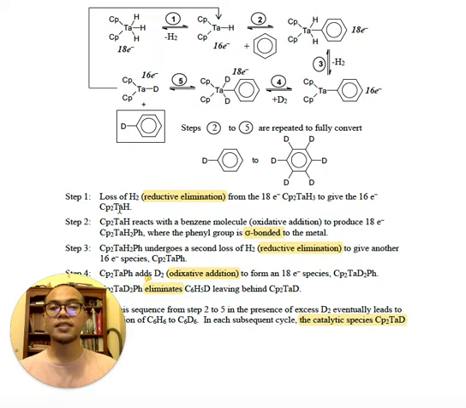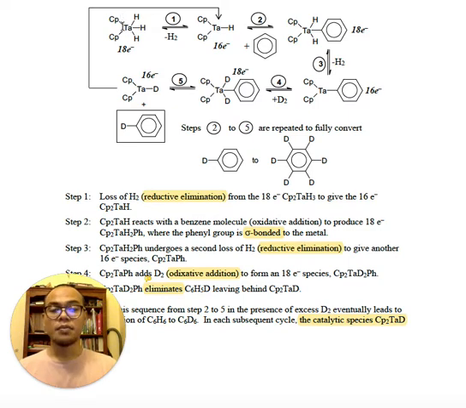The first one is loss of hydrogen. So this is reductive elimination. Why is it reductive elimination? Because 18 electrons are now reduced to 16 electrons. I'm not going to go into details of how to calculate the EAN. I hope you do know how it is counted, based on the number of electrons contributed by each ligand as well as the location of your metal in the